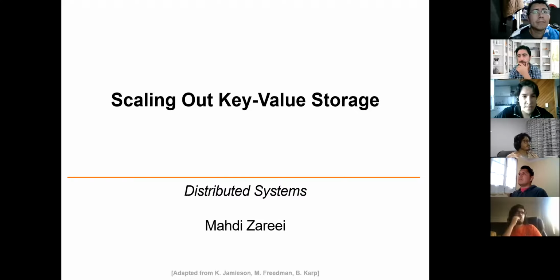So if you remember last time, we talked about... what did we talk about last class, anyone remembers? Yes, about core, peer-to-peer and core. So we talked about core and we talked about distributed hash tables, right? So basically, we were talking about the key value storage and how we can do this